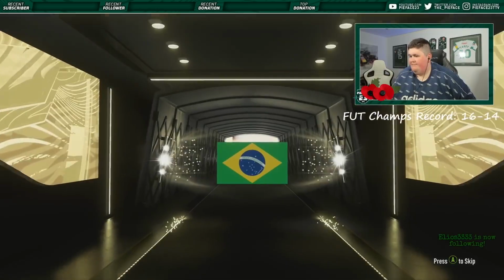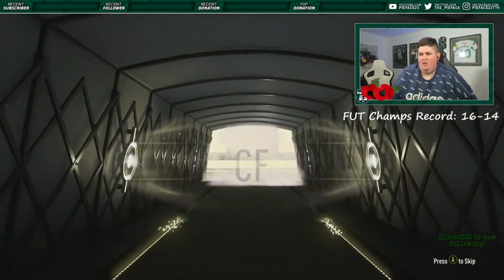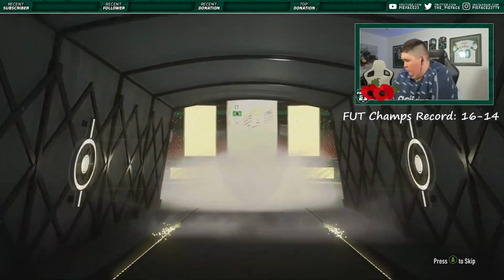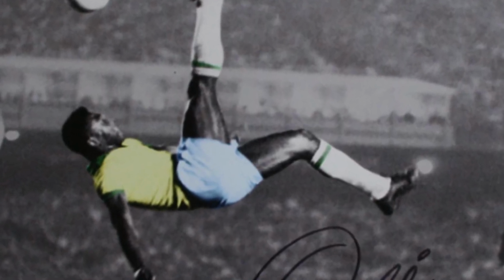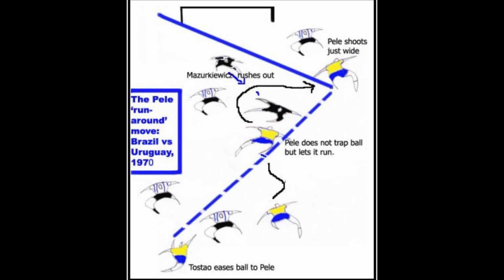Speaking of GOATs, there is a name we are yet to mention. Of course, this is Brazil icon Pele. While Pele is known for his eye for goal, his legacy has left a skill move which is still used in the modern game. The Pele Runaround involves allowing a pass to run across you while making an opponent think